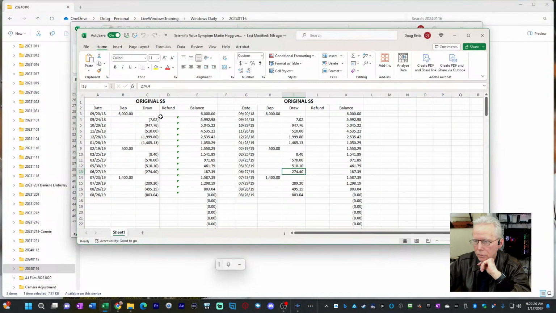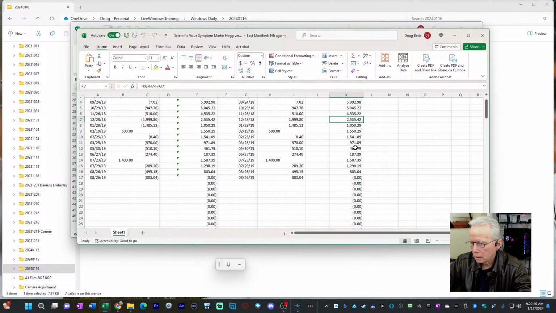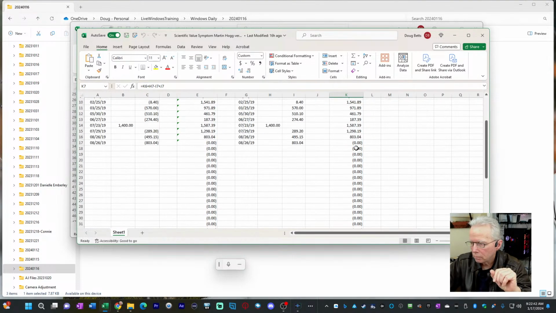Okay, so here's what Martin sent me. He's showing the original sheet and then his modifications. What he did is he changed, instead of having negative numbers in the draw column, he changed them to positive numbers. And instead of using that sum function, he actually subtracted the numbers in column I7. And he thought, fairly, but not true, that fixes it.